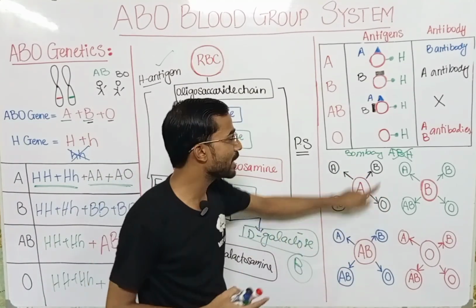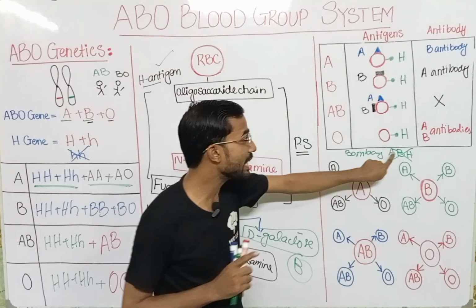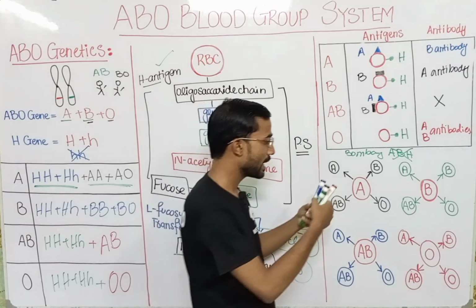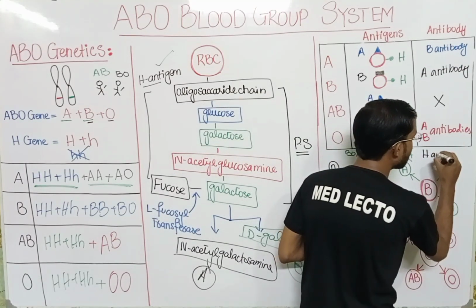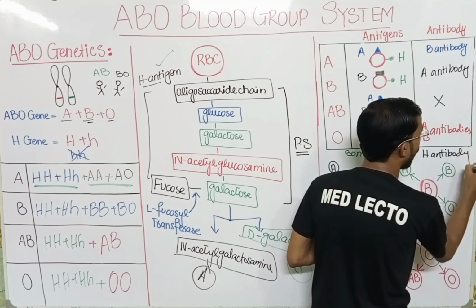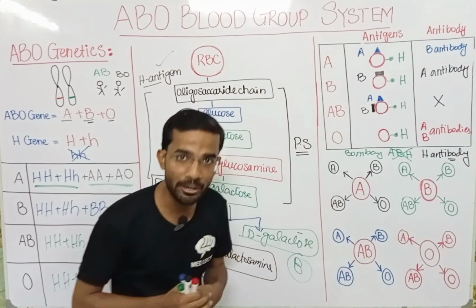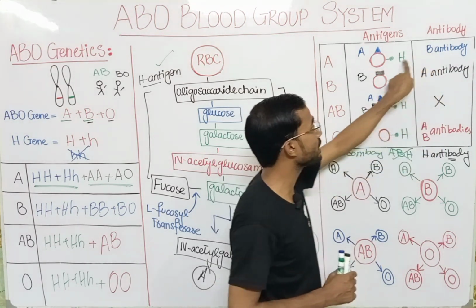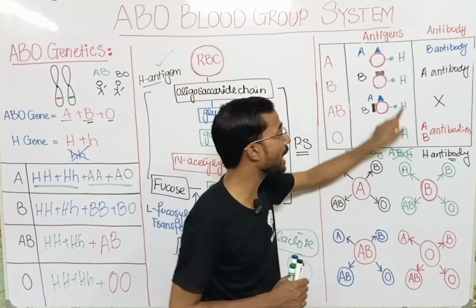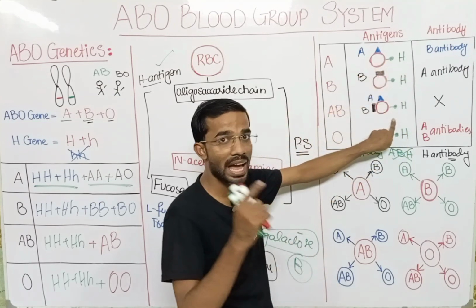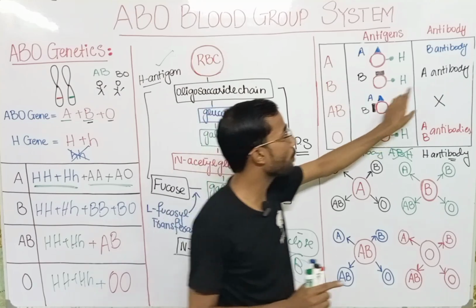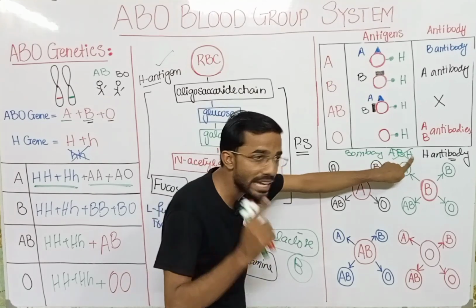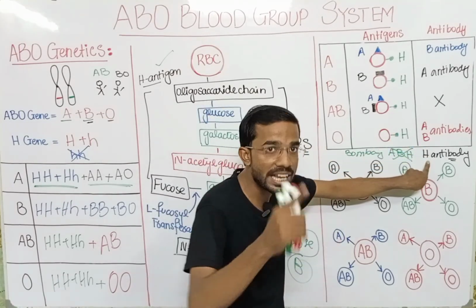Okay, this is the one thing. But in the Bombay phenotype, there is no antigen. Even H antigen is not present. So it means that the H antibody can be present only in the case of the Bombay phenotype. Because if there is H antigen in any of the other groups, then you would see a reaction with the H antigen. So all these groups have H antigen, and you will never see the H antibody in them. But in the Bombay phenotype, there is no H antigen, so the opposite is true: the H antibody is present.